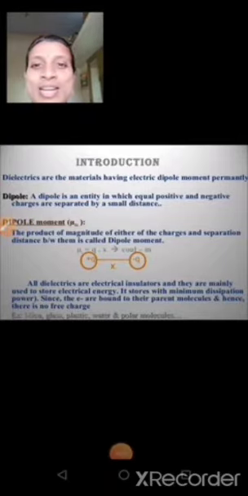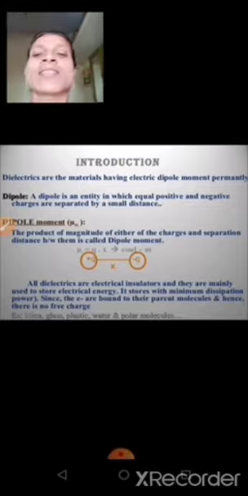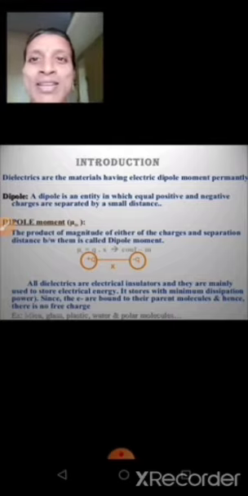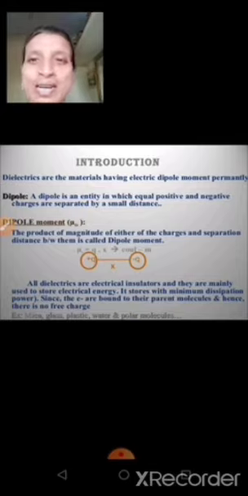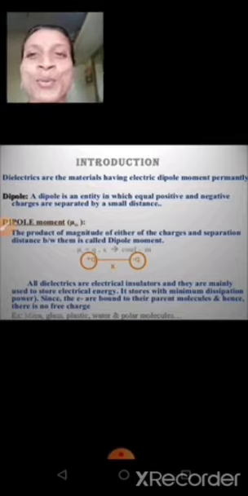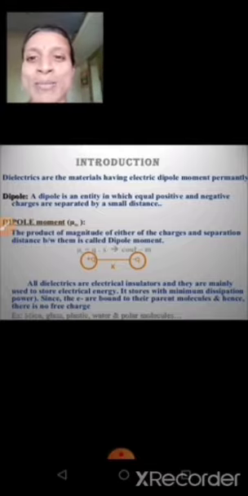Today our lesson is about dielectric materials. Dielectric materials, which we learn in this electricity lesson, are classified into two types: nonpolar materials and polar materials. In nonpolar materials, positive and negative charge coincide, so due to coincidence there is no net charge. Next, polar materials: the separation of the positive charge and negative charge comes under polar materials.